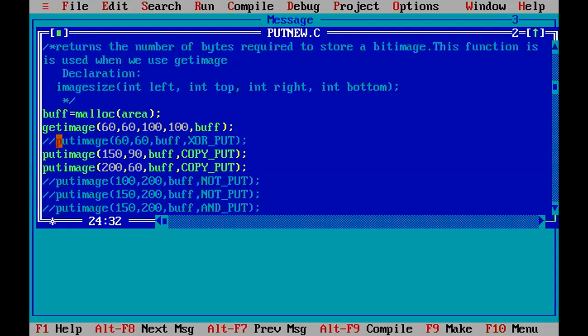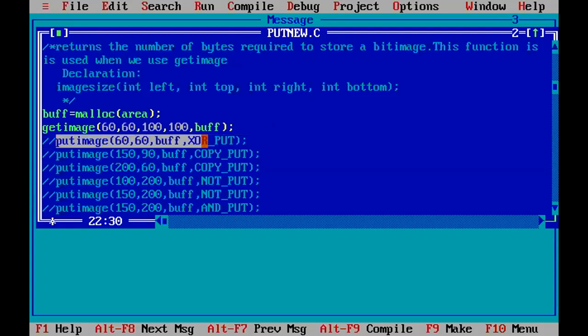Now I'm not going to run this one. I'll give you the effect of XOR put now. Let's say now I want to work with the XOR put operation. The image is available on the screen, on the same location, and the image is also available in the memory using get image.